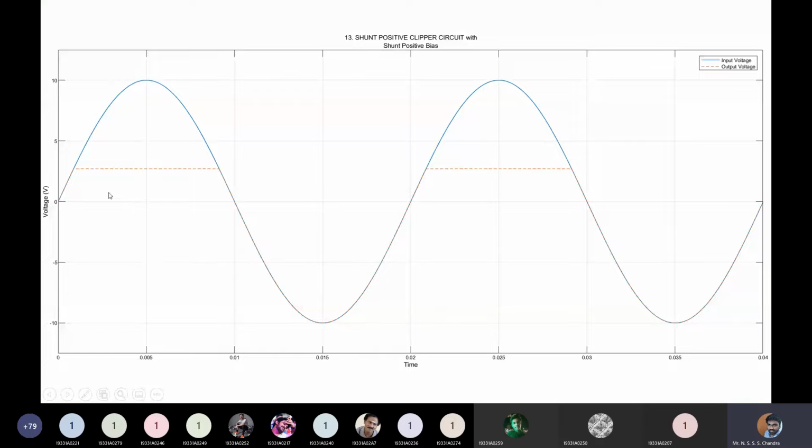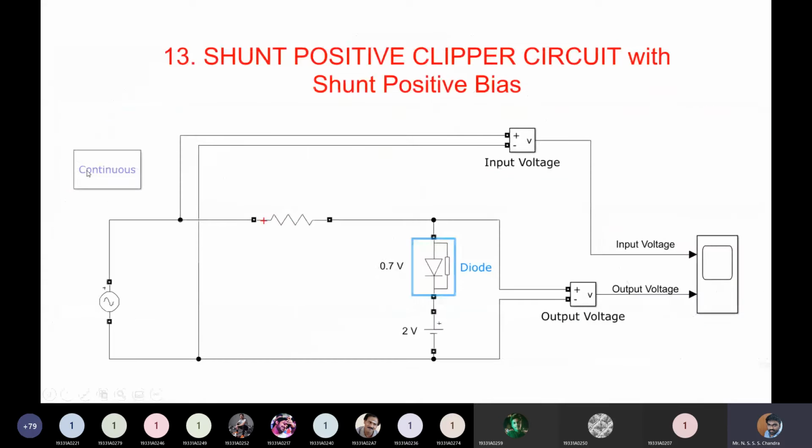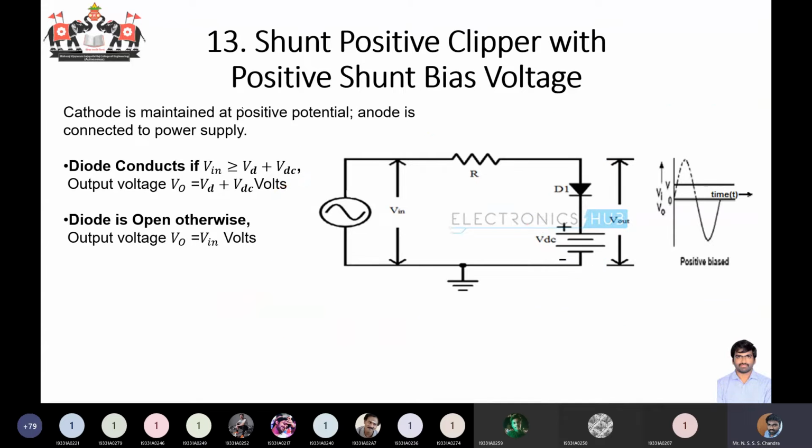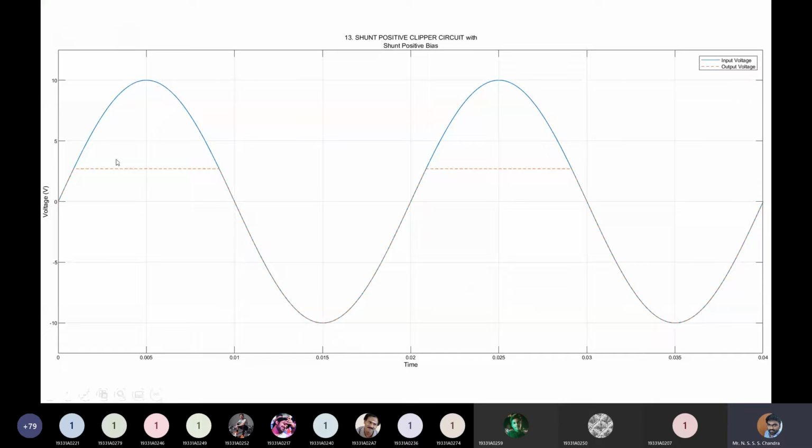So you can see that in the positive half cycle, the maximum value you are observing is only 2.7 volts. That's what we got, right? We are getting output maximum as 2.7 volts. So when the diode is on, your output voltage is constant at 2.7 volts. When the diode is not conducting, your output voltage is following the input voltage. So here diode is conducting, and in this region your diode is not conducting. This dashed line is your output voltage. Here I have given the legend also, or label. So from the label you can see.